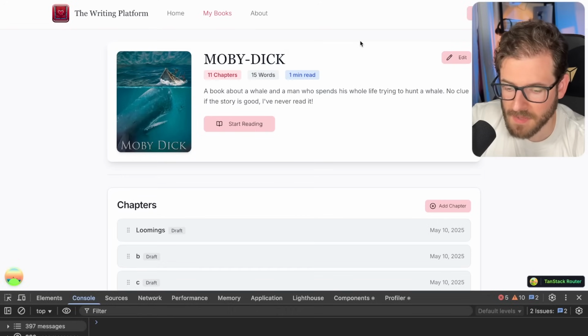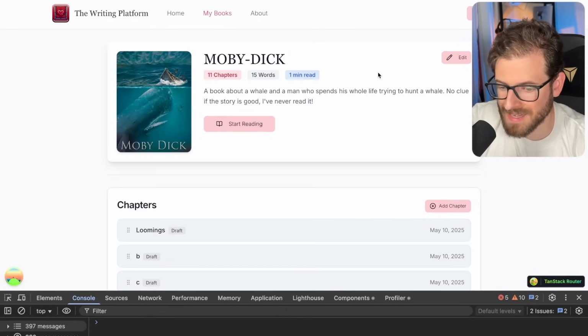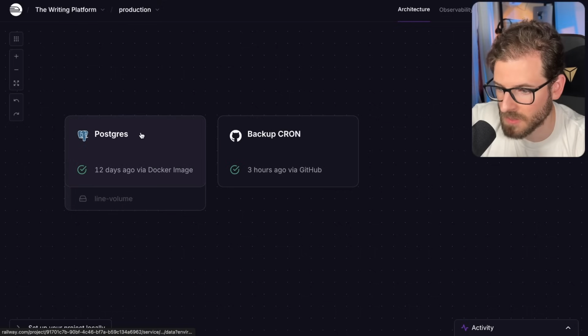So when you're hosting a web application, you often need something like a database to track when people register and when they create data on your application. And the way I'm doing this on this writing platform is I have a Postgres database, which is hosted on